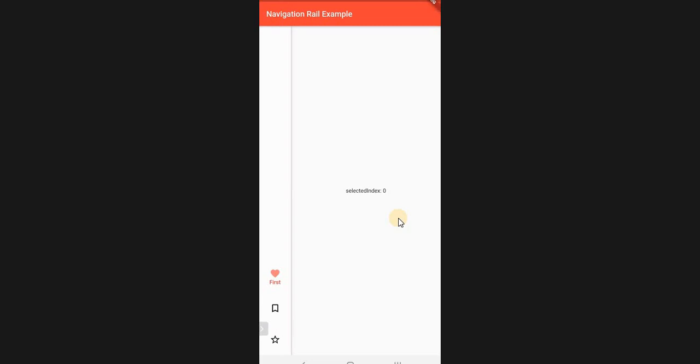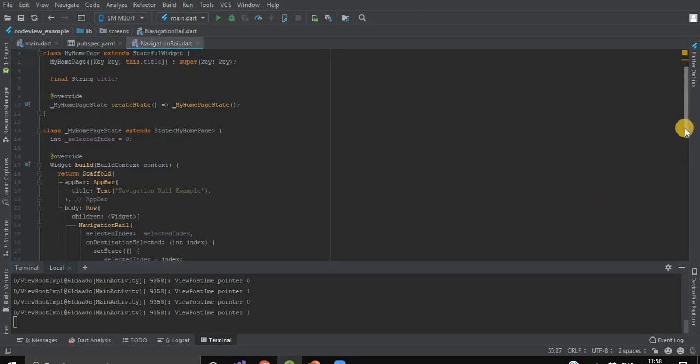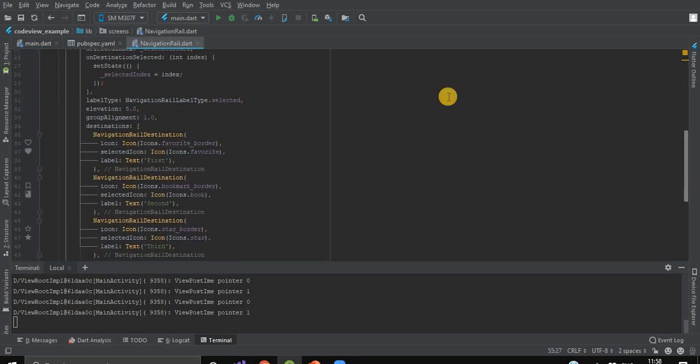You can see in our expanded widget, we are having a text named selected index and the index of that navigation rail destination object. Now, if you want to show this list of items in the middle of the navigation rail, then we'll just change the group alignment property. Here, the group alignment property is having a value between -1 to 1.